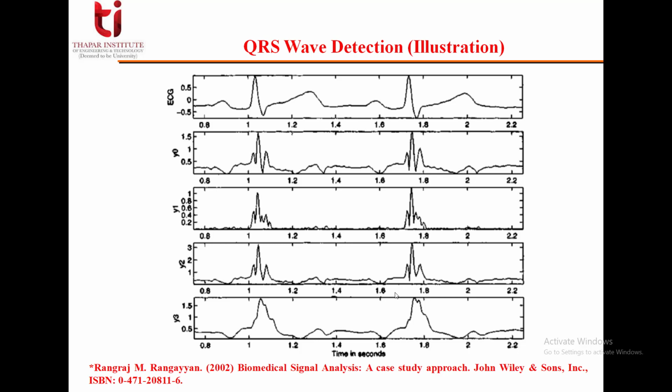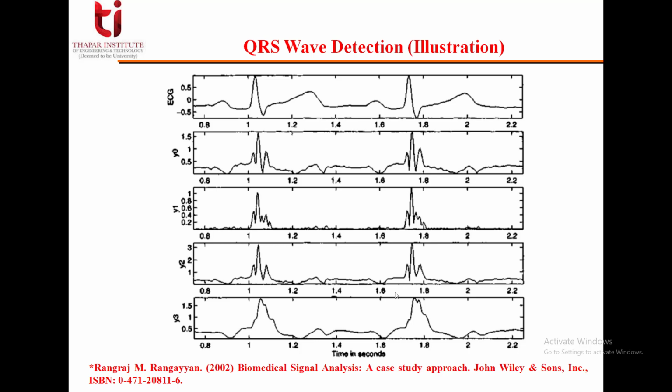The sampling frequency is chosen to be 200 Hz, and at that sampling frequency a low pass filter with a cutoff frequency of 90 Hz has been used, and also a notch filter at 60 Hz. We will see how we can design a notch filter and a low pass filter in the coming lectures. Why are we using 90 Hz? Because we want to remove some high frequency noise if it is present. And the notch filter at 60 Hz is mainly to remove the power line interference.